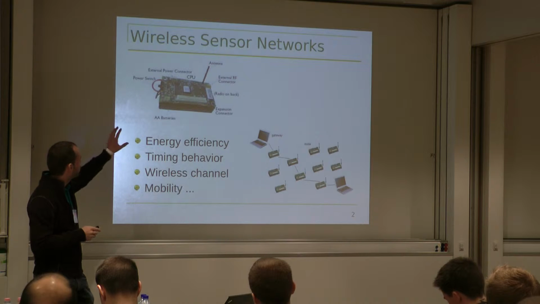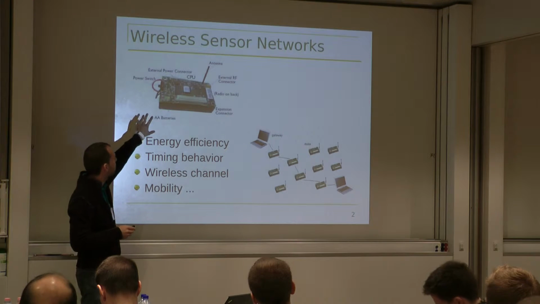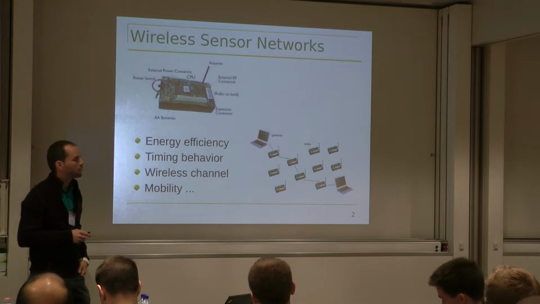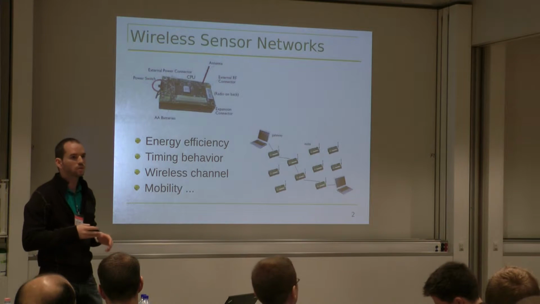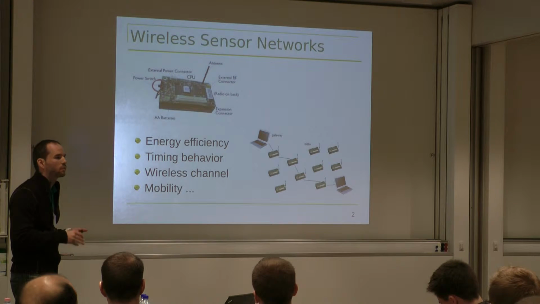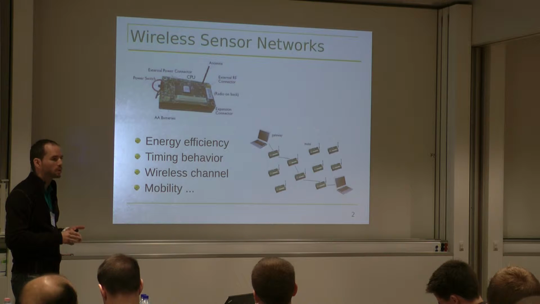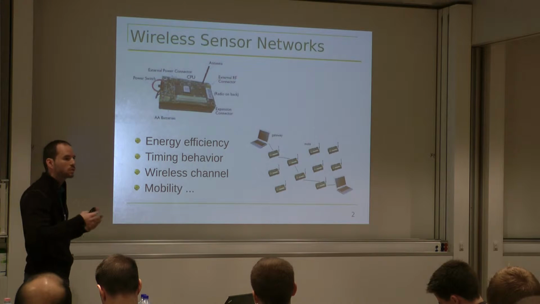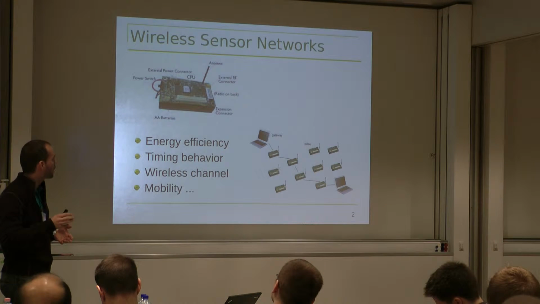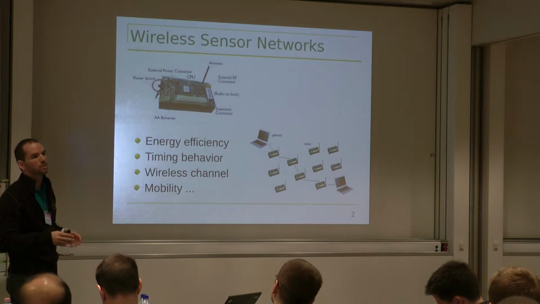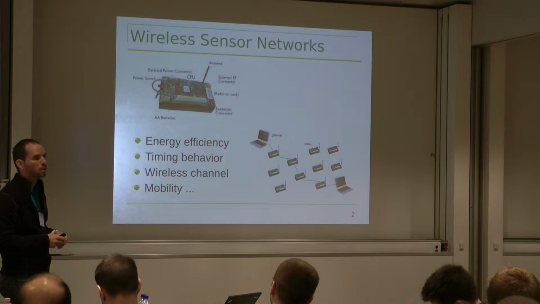If we have a look at the basic node, which is depicted here on the top of the slide, we have 4 building blocks. We have a processing unit, typically a microcontroller. Then we have a radio transceiver for the wireless communication. We have some kind of sensor interfaces, for example, if you want to measure the temperature in a geographical region. And the 4th building block are batteries. So the sensor nodes are battery powered and